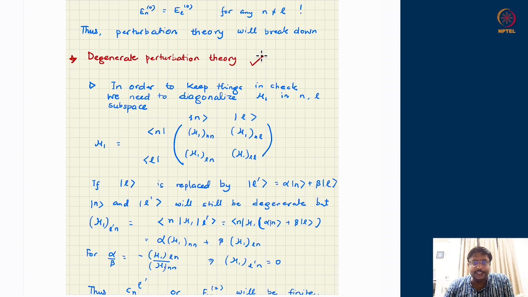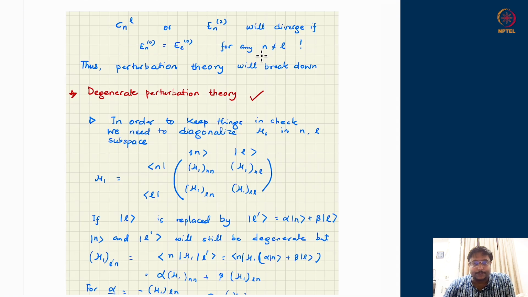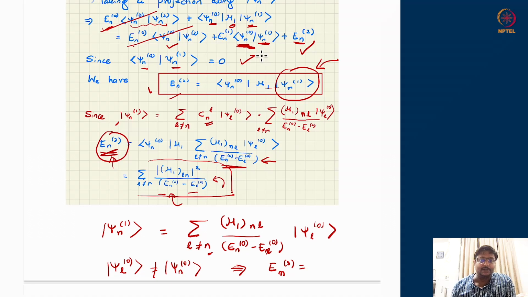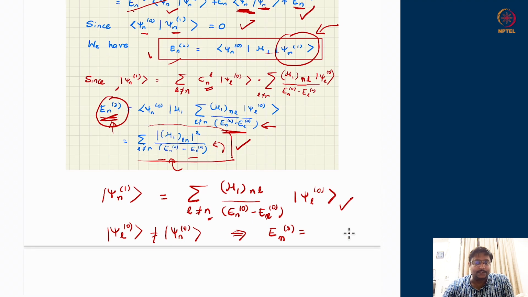Degenerate perturbation theory will be a theory again in which, let us say, two or more states in principle have the same energy. The problem was the theory will become perturbatively problematic because these terms which are supposed to be small start becoming very large. So I do not have a technique to keep them small in order to make sense of perturbation theory. Otherwise, I have to give up on perturbation theory.